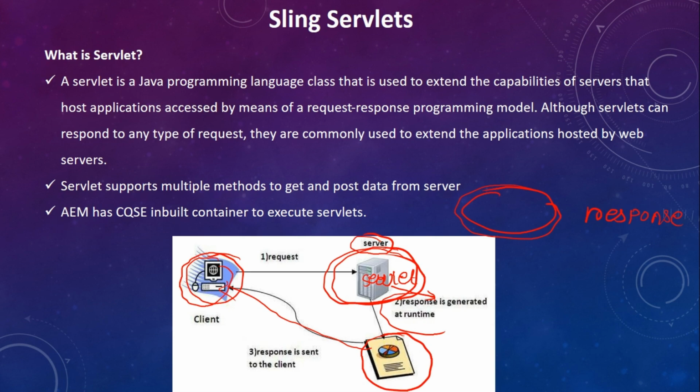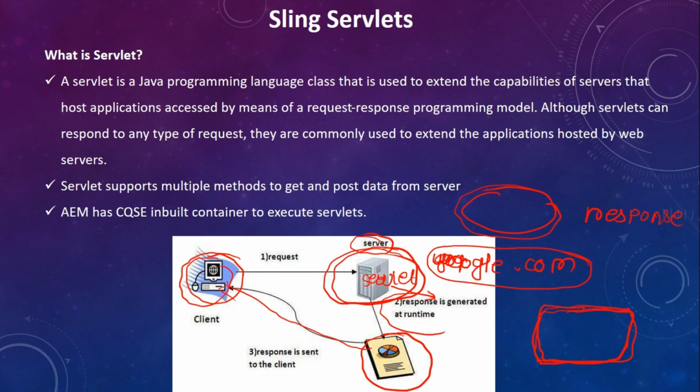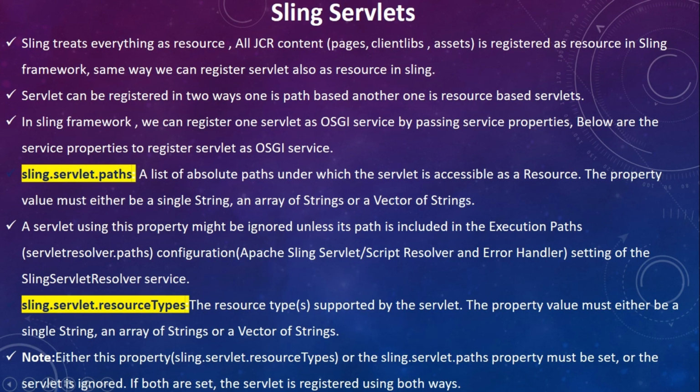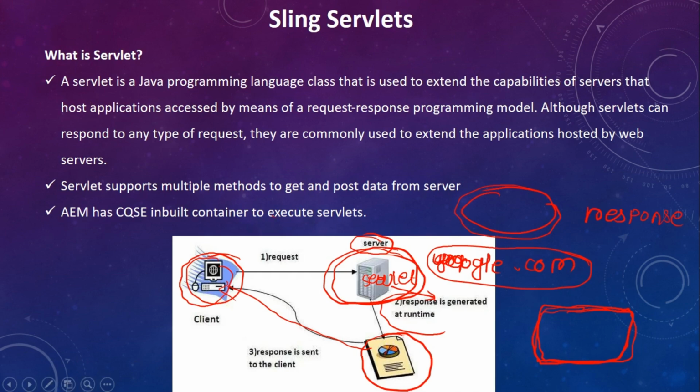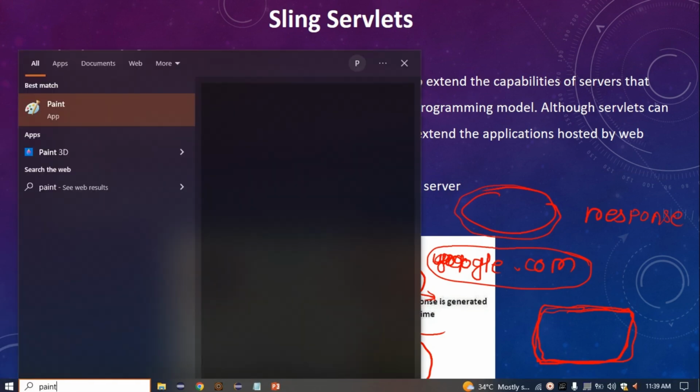Consider here we have google.com. You type www.google.com, and when you hit it, one page will open. This page is nothing but your response, your dynamic response. So it is simple, but here we have a lot of servers. Okay, so before that,